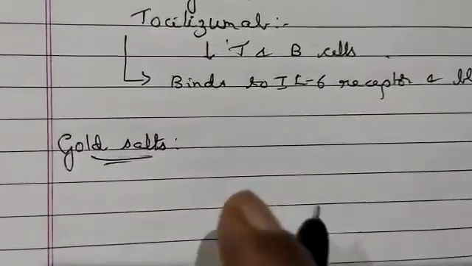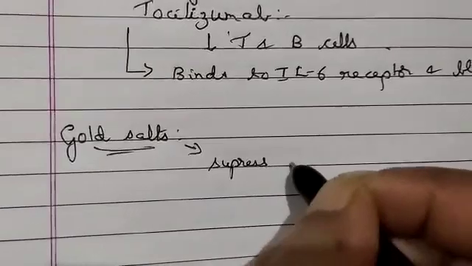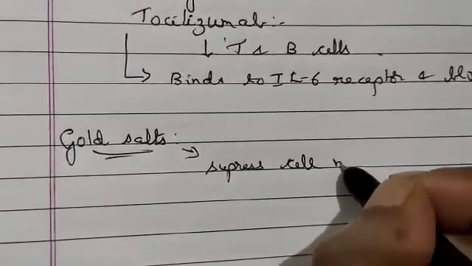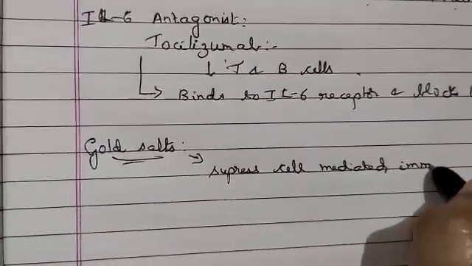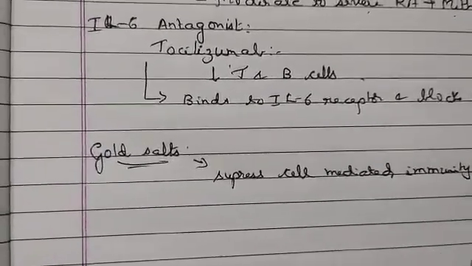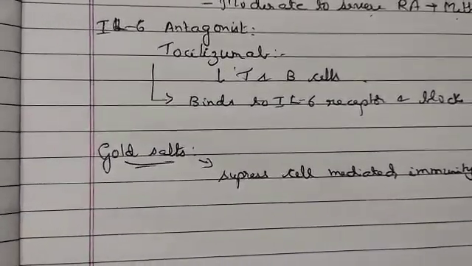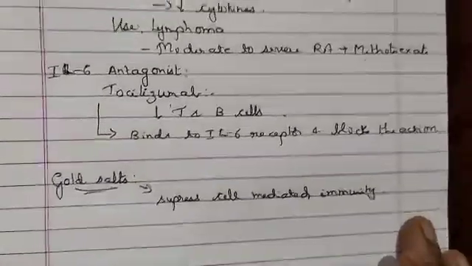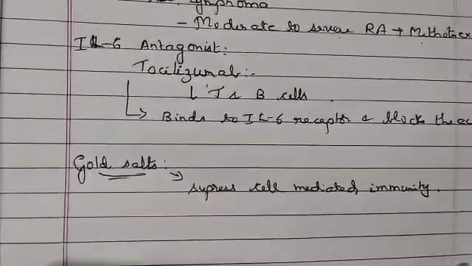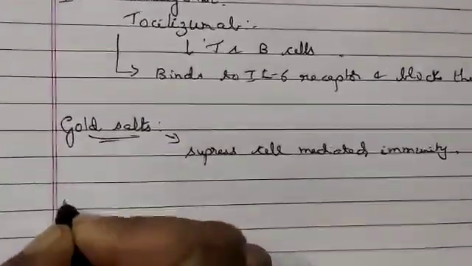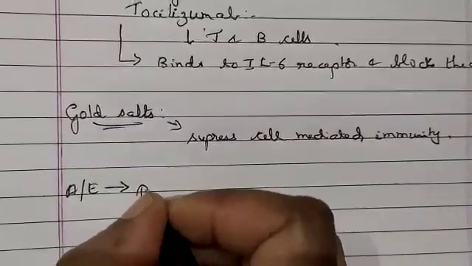When you give gold salts, they suppress cell mediated immunity, which decreases the signs and symptoms of rheumatoid arthritis. A common adverse effect associated with the drug is pigmentation of skin,